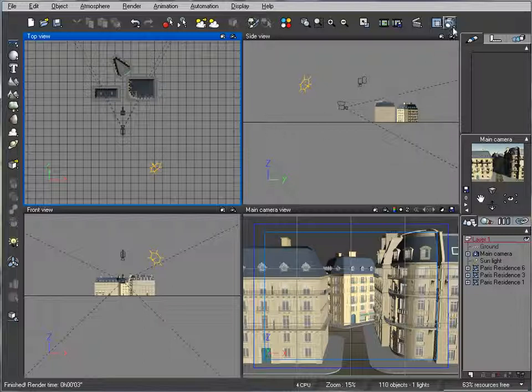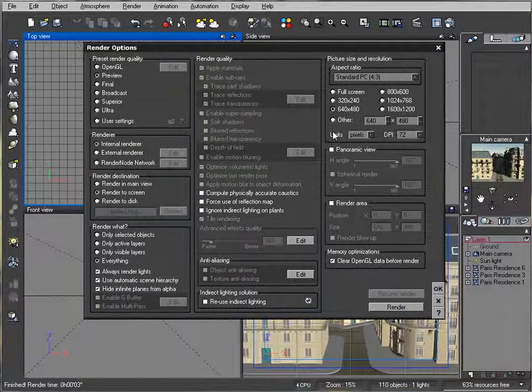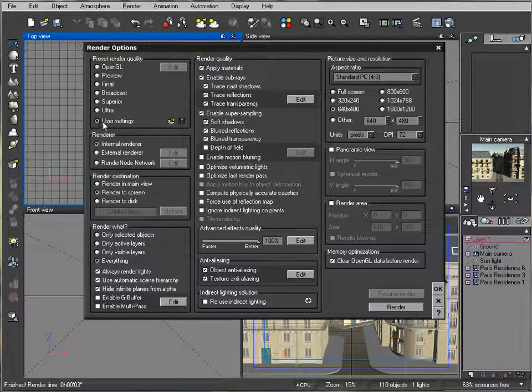The next thing I want to do is very important. Even with this basic preset, it is going to modify your render options. So again, we'll go ahead and use user settings. By the way, in the project file, you can find I saved this user preset that we're using. So if you don't know, a couple of things for architectural rendering: what you don't want to do is disable the blurring. So depth of field you disable, and the reason is that it is nice to see as